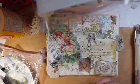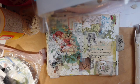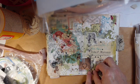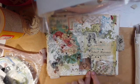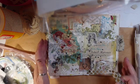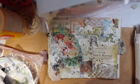Okay, so I'm gonna take one last look at this, and I'm thinking it still needs something. So I'm breaking out the washi tape. Love it when I can use the washi tape, since I have so many rolls of it that I had to have. I haven't purchased anything in a while,